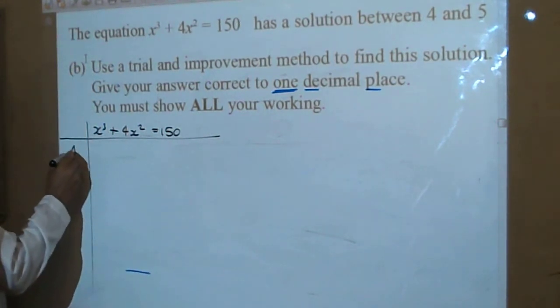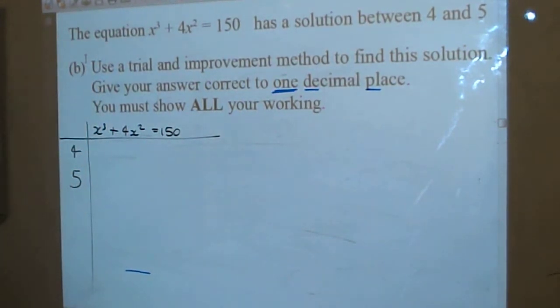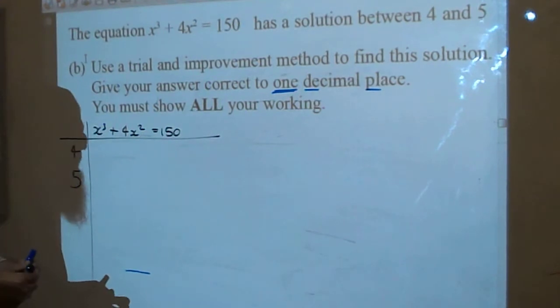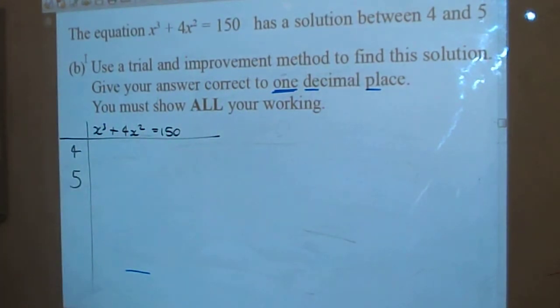So we must try 4 and 5. This is all calculator work. I'm sorry I don't have the calculator with me at the moment. We've had some gremlins on my computer and I had the computer formatted. So